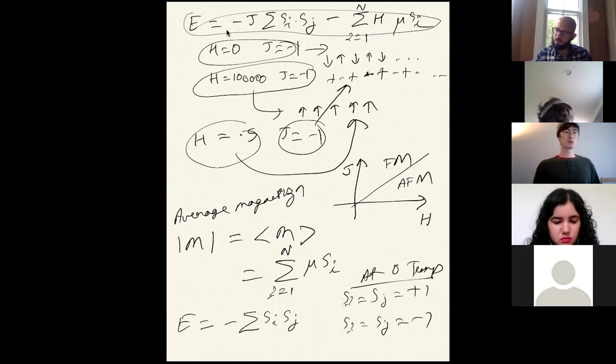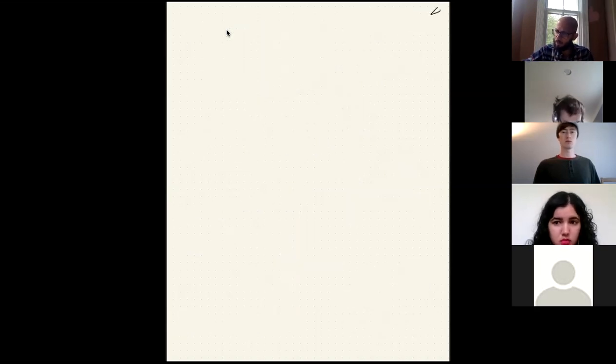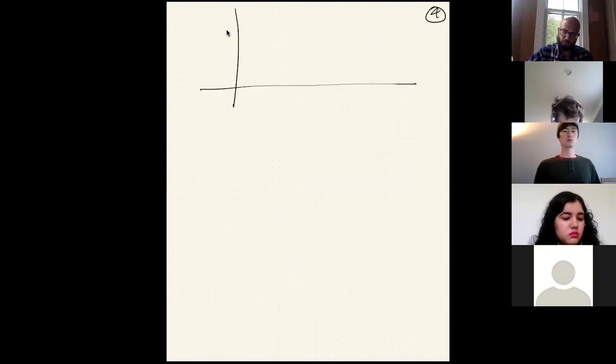But as you start to increase the temperature, there will be disorder. It's bound to happen. If temperature was infinite, expecting that all spins will still be perfectly ordered in the same direction, that's not going to happen. So for this system, and I'm not talking about 1D or 2D specifically, I'm talking about some general Ising model, if for this system we are interested in plotting